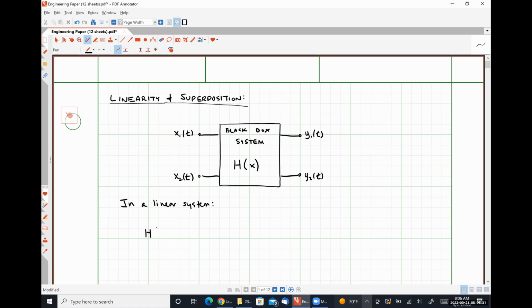H of alpha x1 of t plus beta x2 of t is equal to alpha y1 of t plus beta y2 of t, or in a slightly more simplified form,